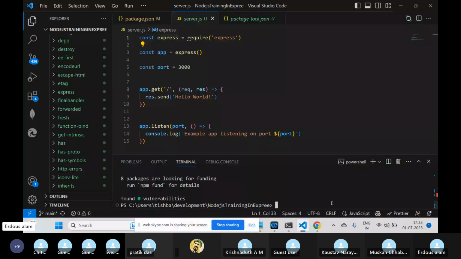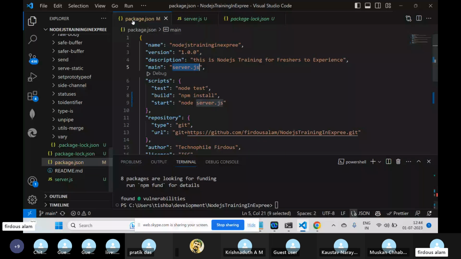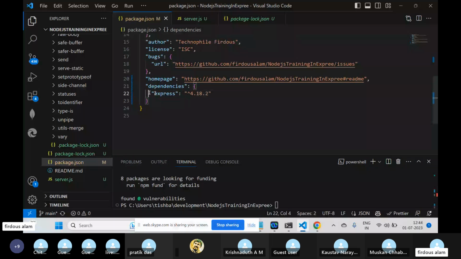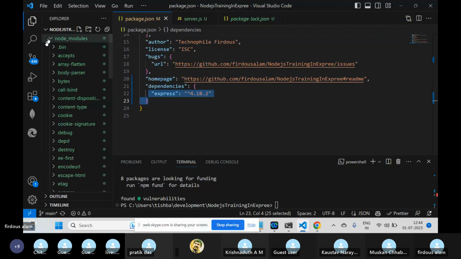Instead of manually checking libraries one by one, it checks all the libraries in our package.json and installs everything into your node_modules folder.